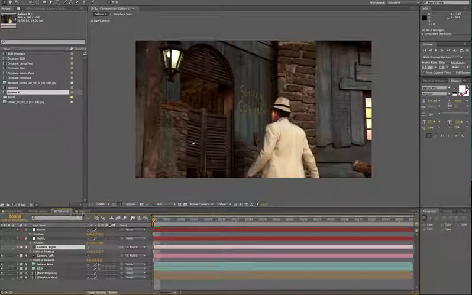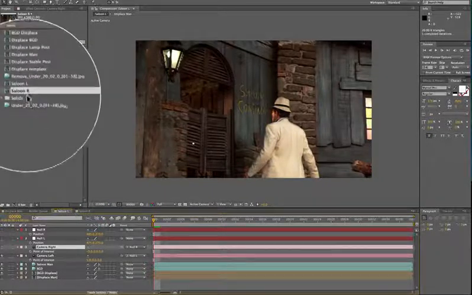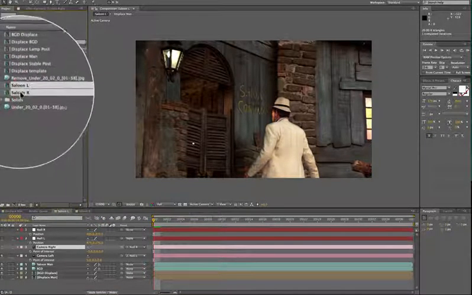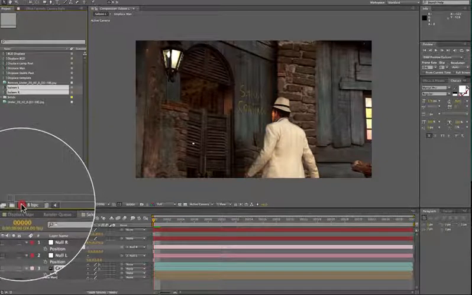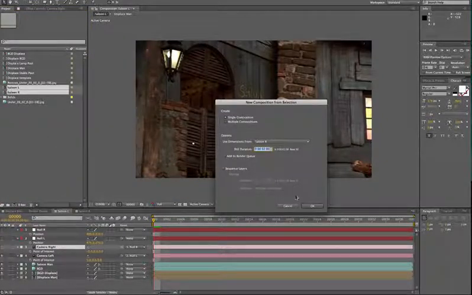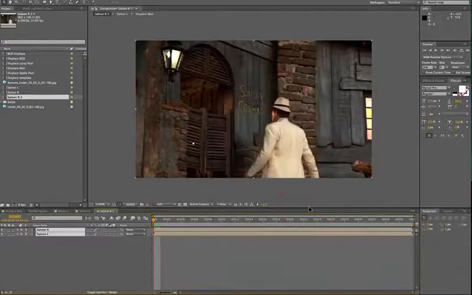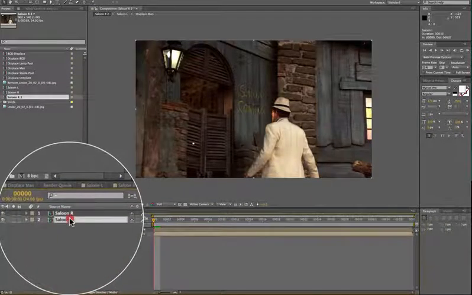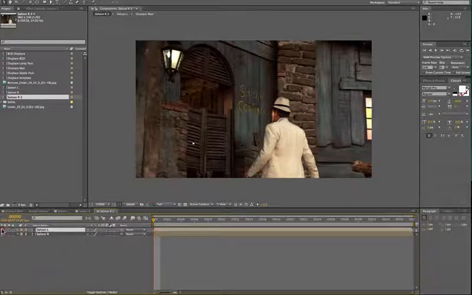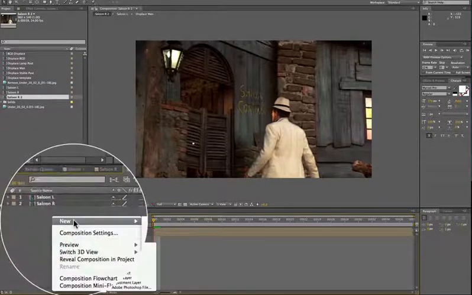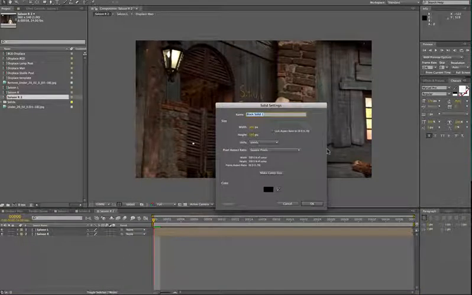So once we have these two objects, we can now select both of them in the project panel and drag them into a new composition. We just leave those settings as they are and click OK. And so once again we have a left and a right. If I turn off my left, you'll see that right distortion happening in the shot. So now we can create a new solid. We just make it the same size as the composition. I'm just going to call this 3D